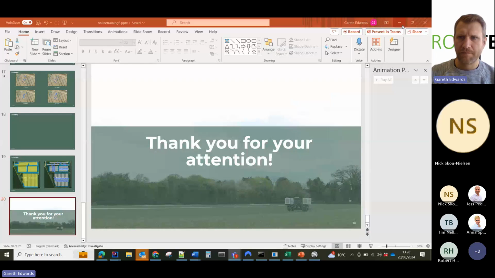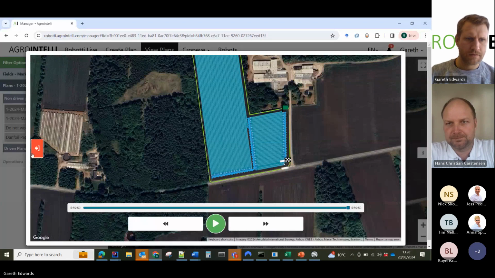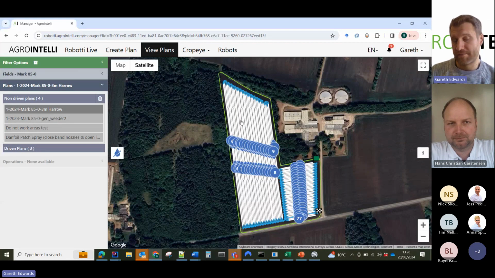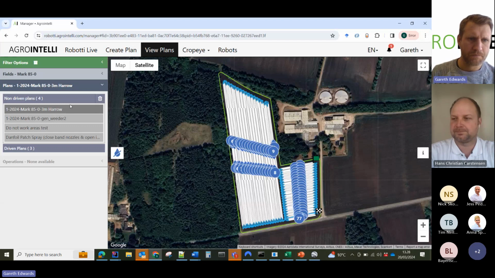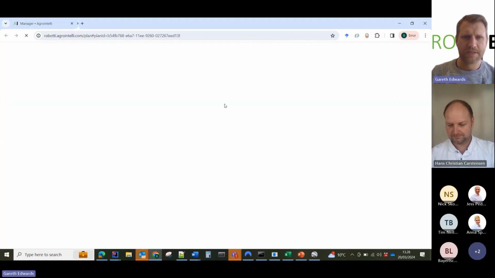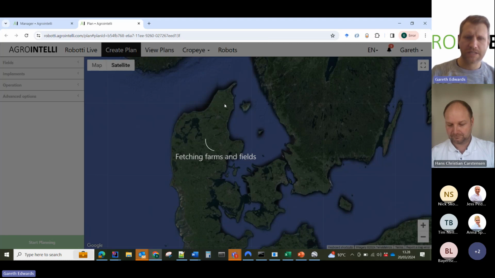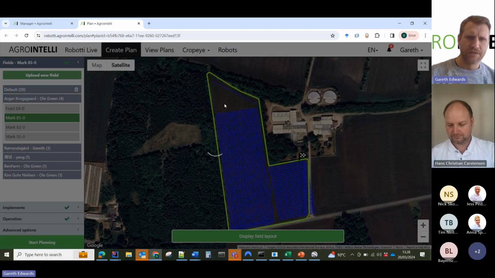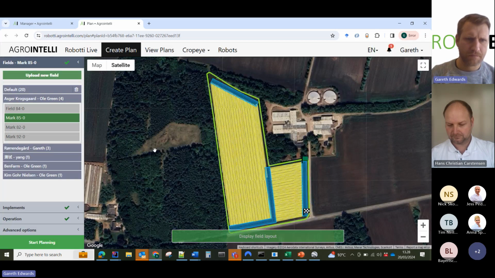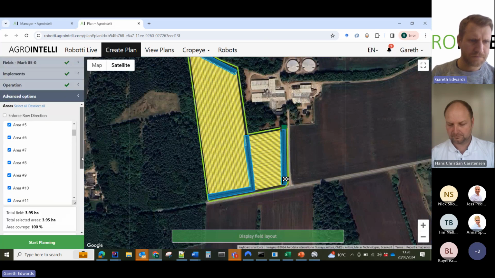So if I say take this plan, say this was my plan that I wanted to shift, then I can just go into edit plan. I can press edit plan here. And so then this is going to take all the settings that I already created and repopulate my planner with them. So the plan is already as I created it. Then if I go into advanced options,